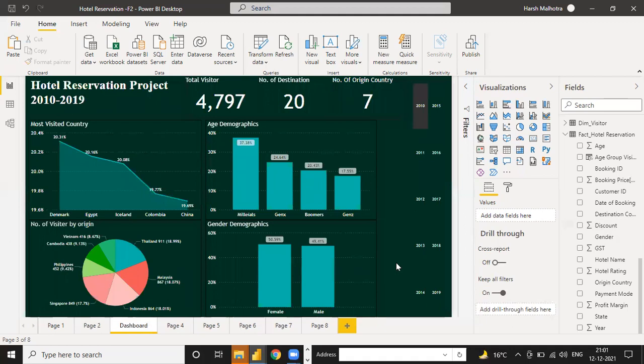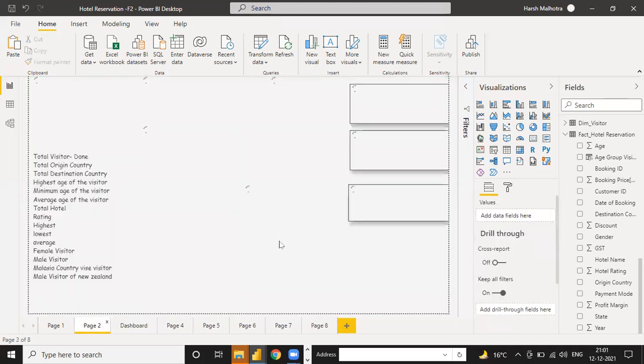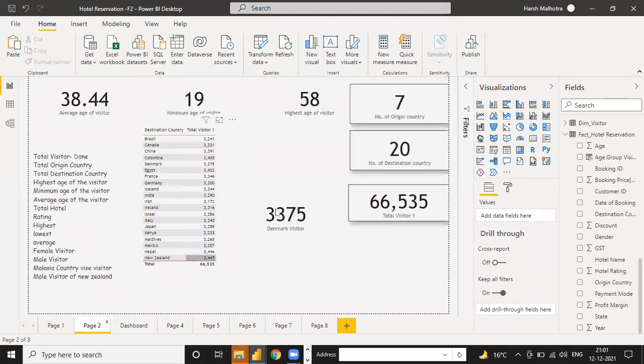Asha, can you please explain that one more thing you have shown, right? The country wise, origin country wise. Once again you have shown country wise Denmark. You have shown that Denmark calculation. Okay, can you please explain that once again? Sure. Just a second. Here is the Denmark calculation.